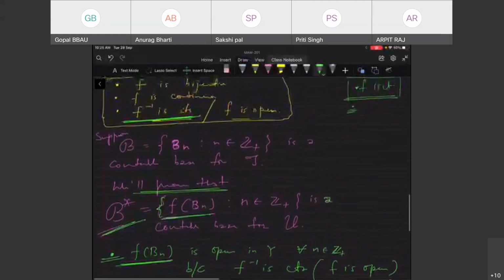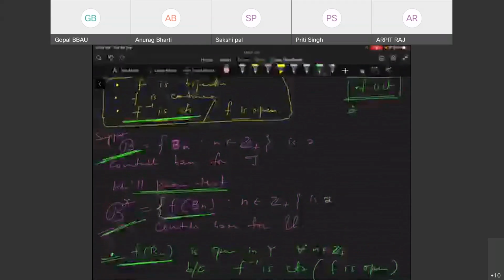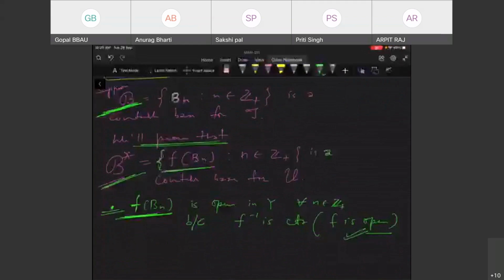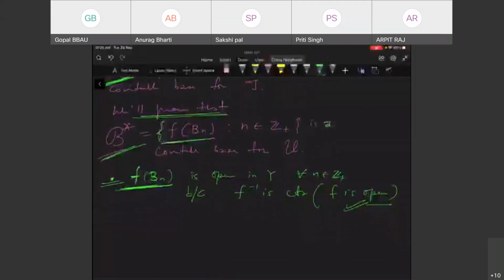Okay, you see, since this collection B is a base, all the B_n are open, and since f is open, the image of B_n under f is open in Y. So number one thing is okay. Second thing, you have to show that any arbitrary open set G in Y